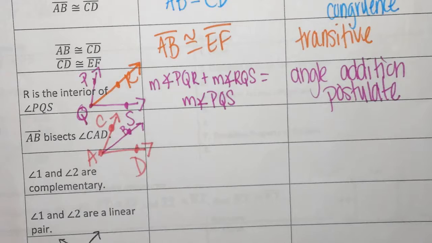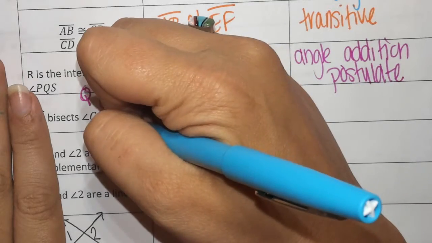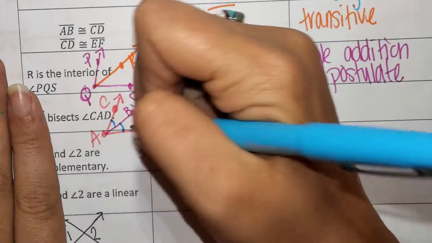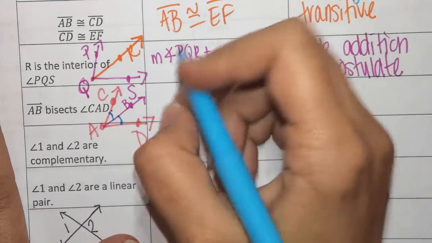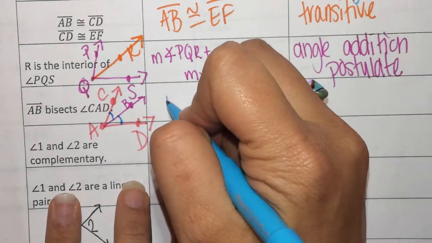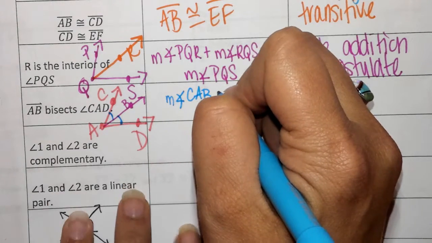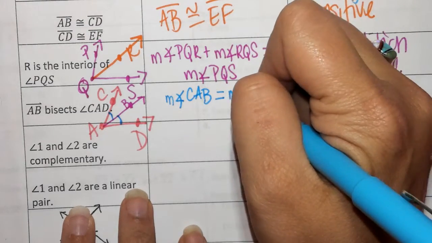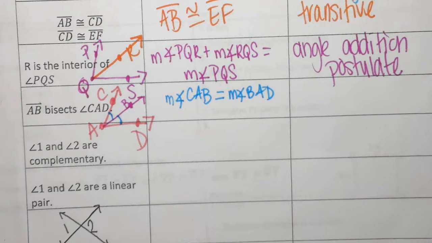Yes, now we're getting technical. Alright, if it cuts it in half, that means that this one is congruent to this one. So if they're congruent, you put little half moons. And we'll say that the measure of angle CAB equals the measure of angle BAD. And why are they congruent? Because it bisects it. It goes right in the middle. So this is the definition